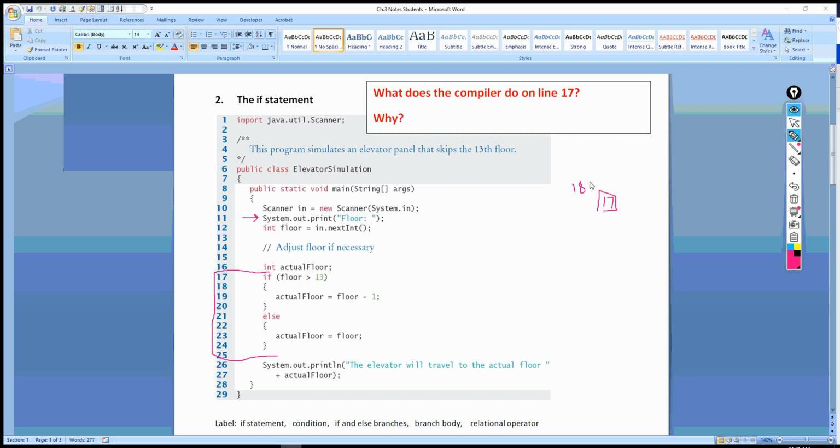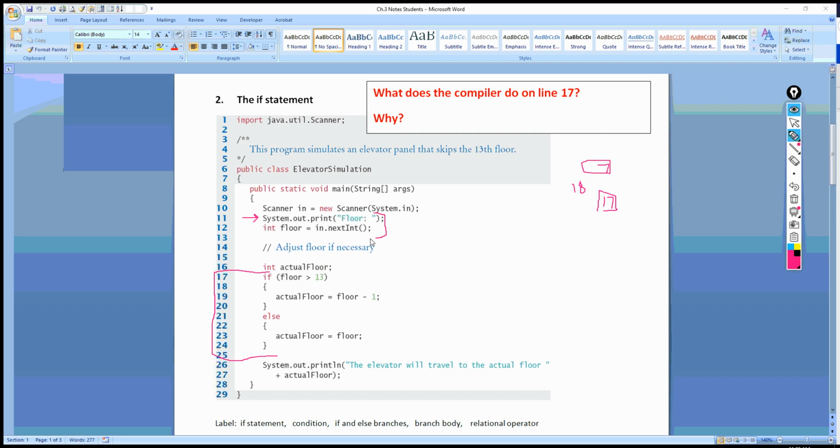Now, if you're on the 7th floor, well, there are no floor numbers that are skipped up to that point, so you're actually 7 stories high in that particular building. All right, and so